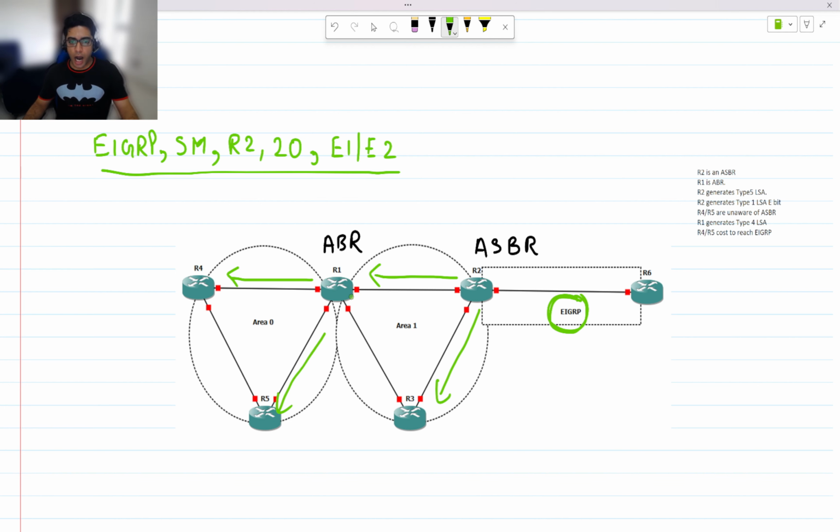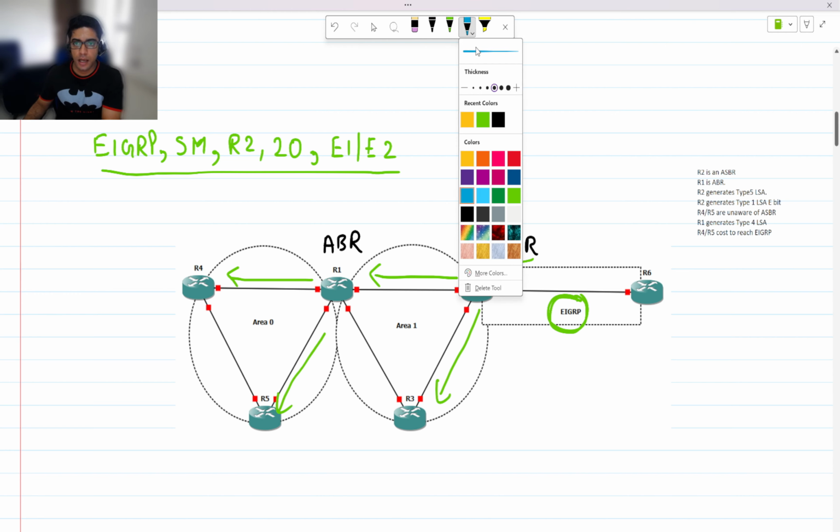Okay, so this information is shared across all the areas in the OSPF network. Here R1 and R3 are directly connected to R2. They know who the ASBR is. How? We know that when R1 becomes the ABR, R1 will generate a B bit, correct? R1 will generate a B bit telling that it has become the ABR. Similarly, when R2 becomes the ASBR, it will send out,